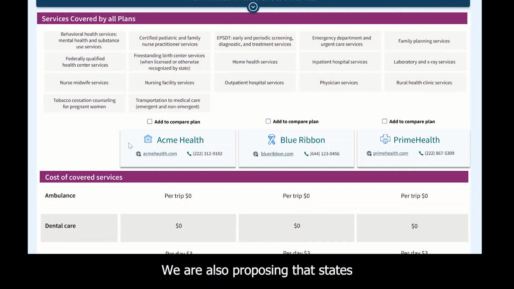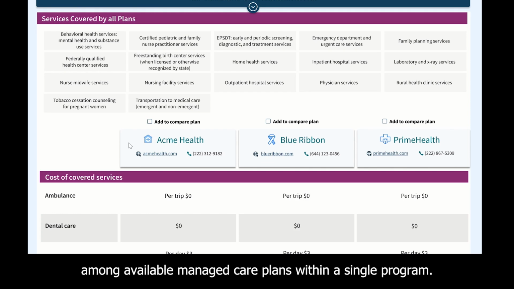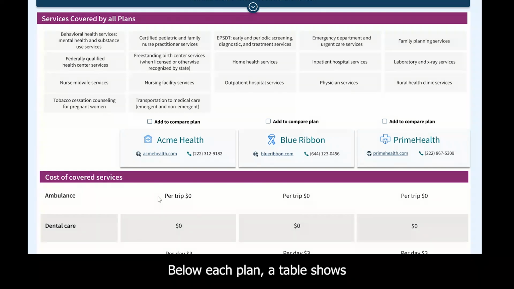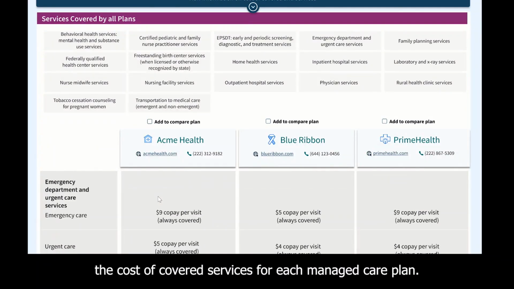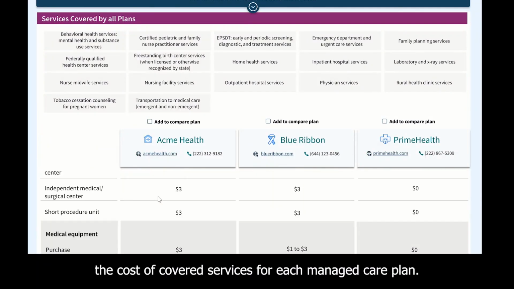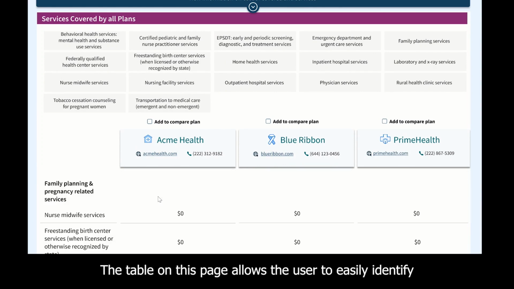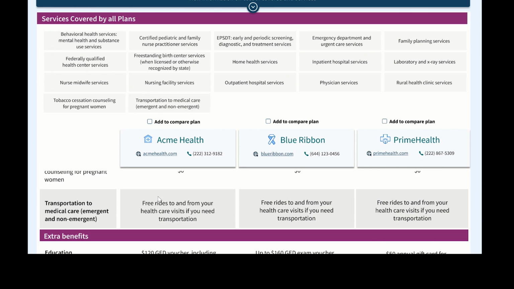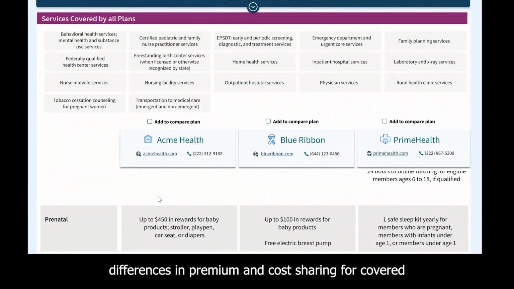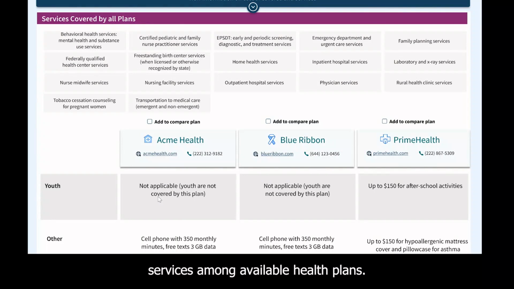We are also proposing that states would be required to display premium and cost sharing information, including differences in premium and cost sharing among available managed care plans within a single program. Below each plan, a table shows the cost of covered services for each managed care plan. The table on this page allows the user to easily identify differences in premium and cost sharing for covered services